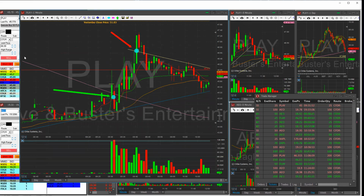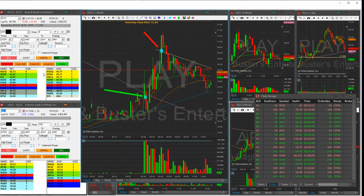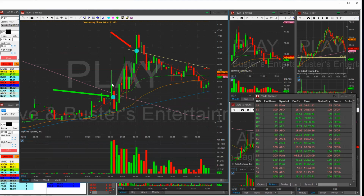Also, the spread was 30 cents at the open. Right now the volume has come in, and the spread is only about 4 cents. Because of the spread, and because it wasn't really right at my plan, I didn't take it on the first candle. I used starter size, and I didn't want to miss. My plan was to add up into this 46 area and get a better average. So once I got in here,